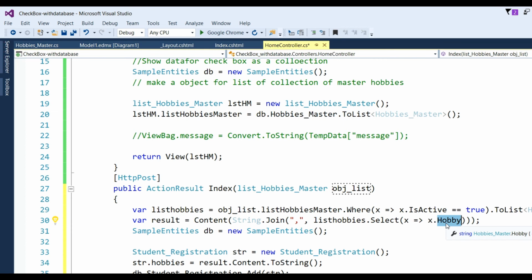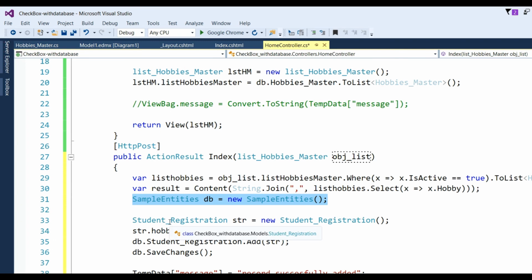Now that selected value I have to save in the database. So simply put here sample entity db equal to new SampleEntities, and I have to save in which database? The student registration database. So I make an object, student registration str, equal to new student registration, and str dot Hobbies equal to result, which I took here as the joined string.